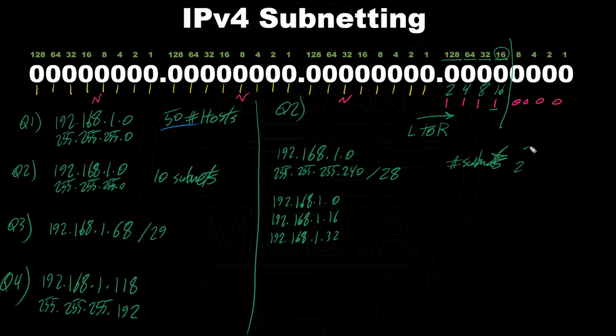It's 2 to the power of subnet bits. So in this case, how many? 1, 2, 3, 4. 2 to the power of 4. That's 16. Or we can just write down, going from left to right for the number of subnets, 2, 4,